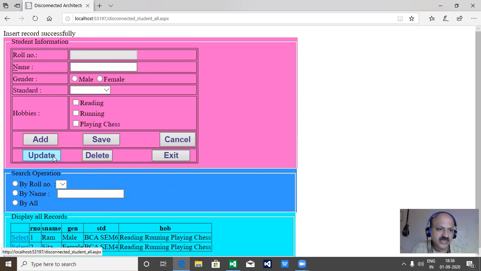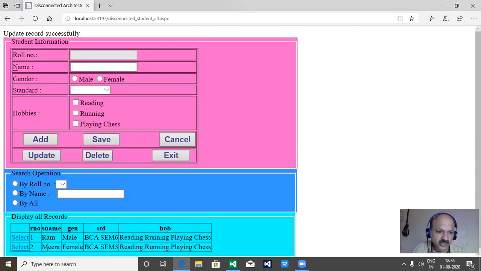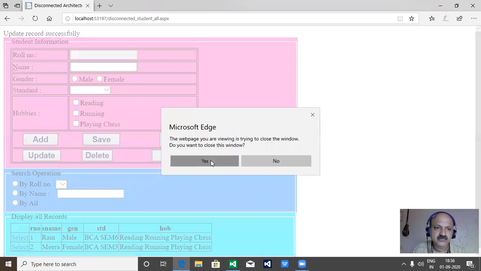So here we can select that first record, selected all, and I press update first. You can press update, and I remove this, and here I change the same 3, and here I give a name like Mira, anything, and the save button. So flag is 2. Yes, update record successfully. Yes, the name is changed. Yes, the hobby is changed. Yes, so that is well. Update is done, and now last is delete.